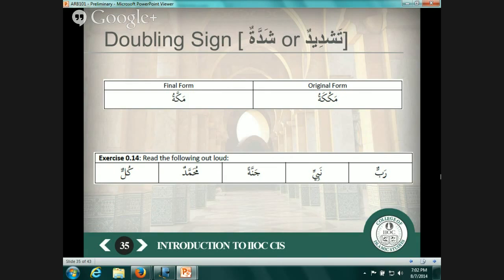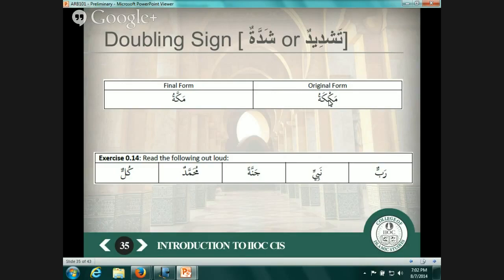So what happens in Arabic is you're not supposed to be writing two consecutive letters in a row. You will not generally find this. Take a look at this, for example. Makkatu. See the kaf with the sukoon and then a kaf with the vowel. You will not find this in Arabic. So whenever you want to write something like this, a letter with no vowel, and then the same letter with a vowel,